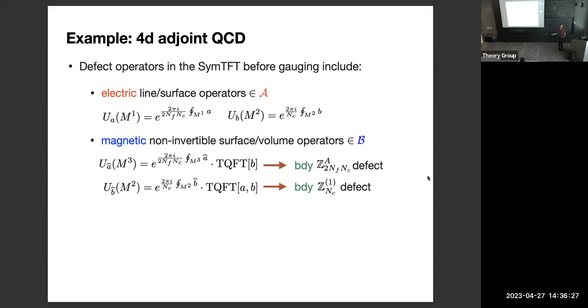So far nothing's non-invertible in the boundary QFT, but there are non-invertible operators already at this level in the Symmetry TFT. They're non-invertible because they're made out of these dual gauge fields, and then they have these TQFT bits tacked on, which mean that they satisfy non-invertible fusion rules with the other defects. And it's precisely these non-invertible defects in the bulk Symmetry TFT that reduce to the boundary defects generating the 1 form and the 0 form symmetries of my QFT.